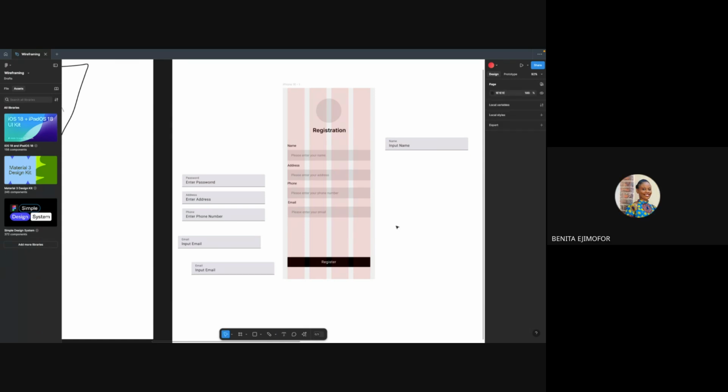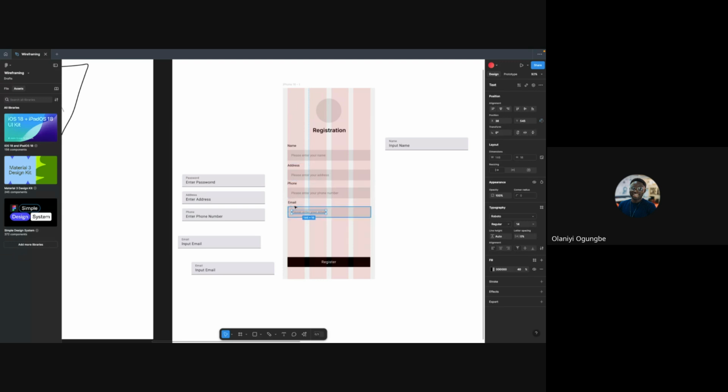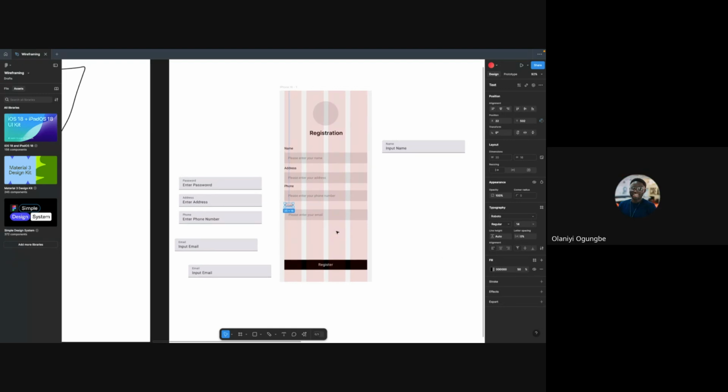Do you mean how to reduce the opacity? Yes. When you click on any element, you will see this place where it says fill. Can you see this? Yes. It's currently on 100%. You can just reduce it to say maybe 50%. Can you see it? Yes, thank you. You're welcome. So that's basically how to do it.